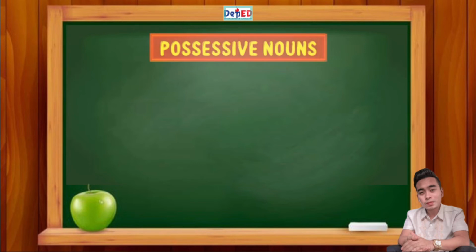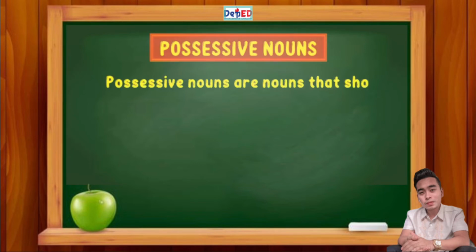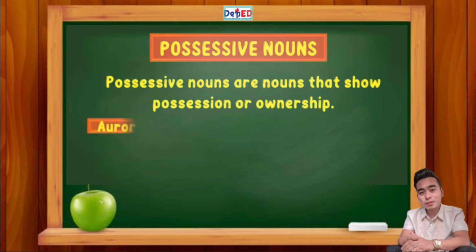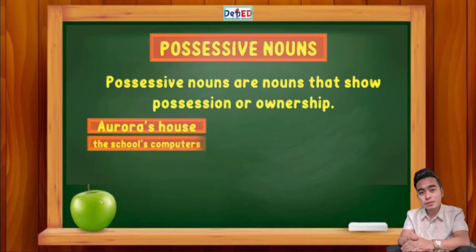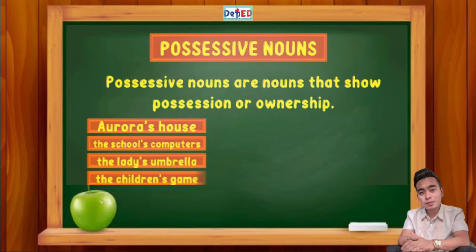Now let's move to possessive nouns. Possessive nouns are nouns that show possession or ownership. For example, Aurora's house, the school's computers, the lady's umbrella, the children's game,